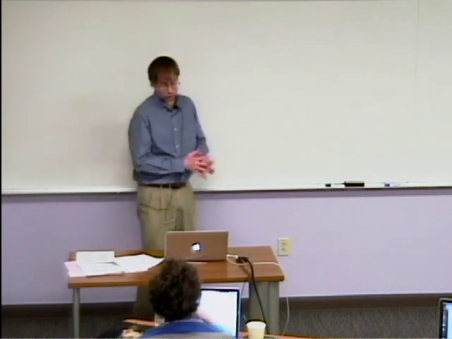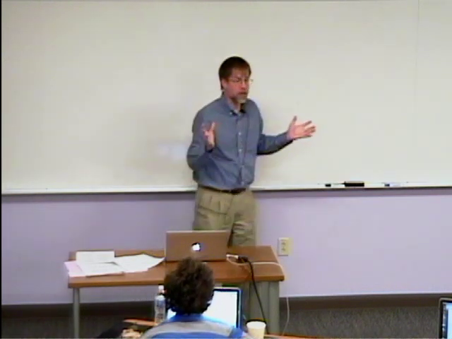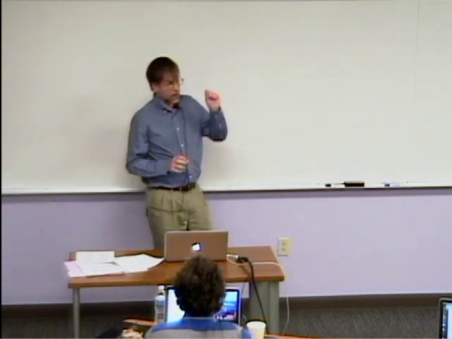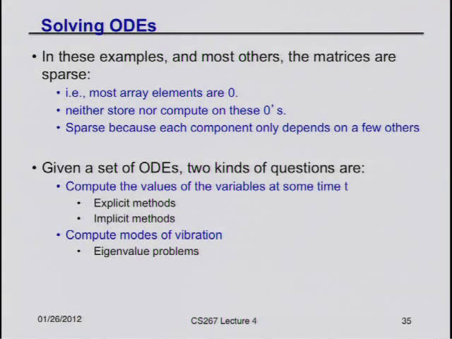Okay, so let's talk about how we actually solve these things now. In the example that I showed you, where I wrote down the equations of the circuit explicitly, but in all the others too, the matrix is very sparse. So it's not like n-body where everybody has to talk to everybody else with gravity. It's a very sparse problem. There are only a few interactions. That's going to give us a different challenge in terms of how we parallelize it and assign work to processors